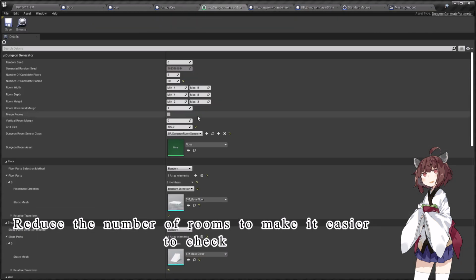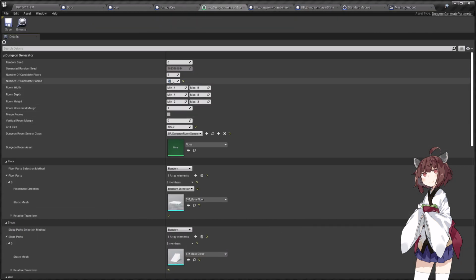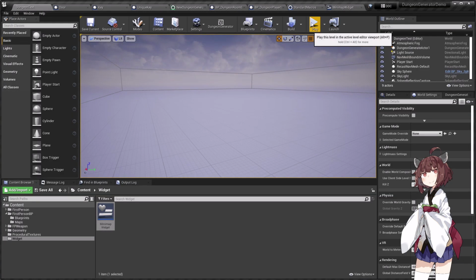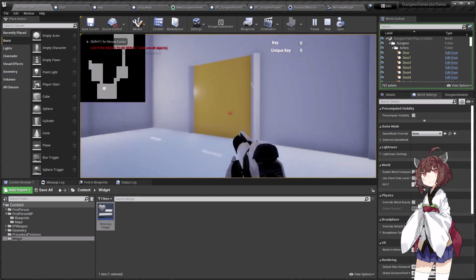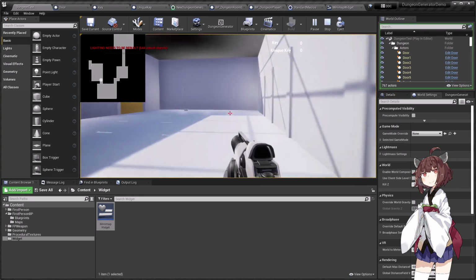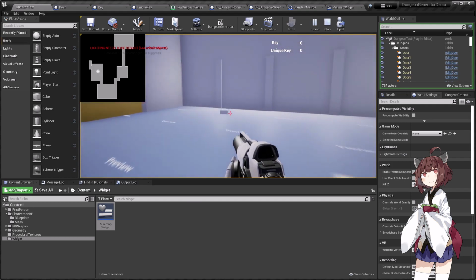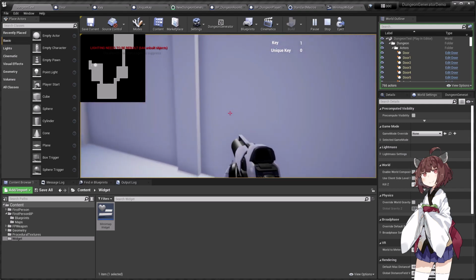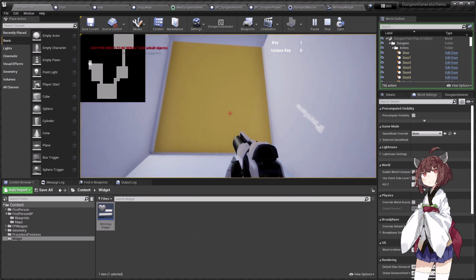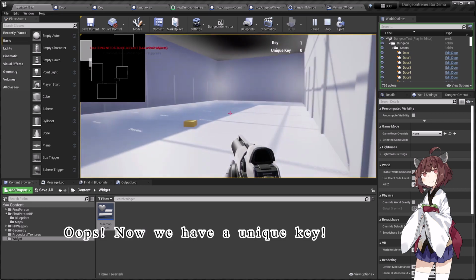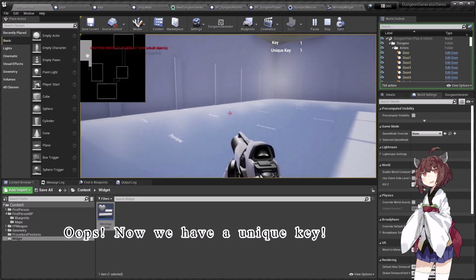Reduce the number of rooms to make it easier to check. I got the key. Oops. Now we have a unique key.